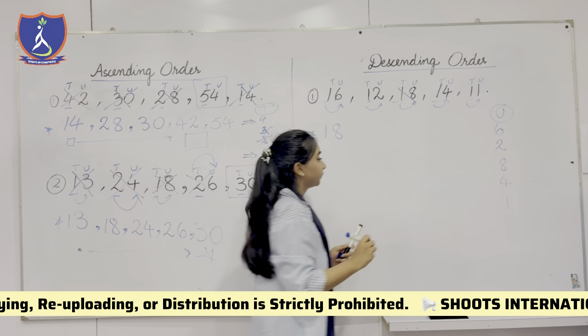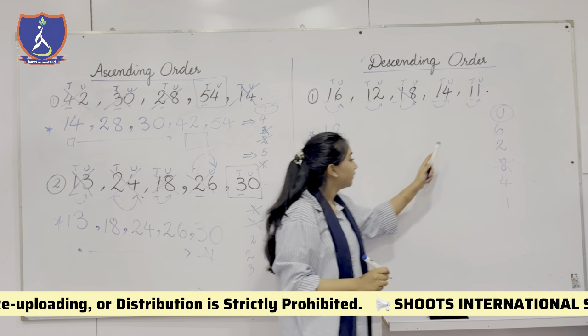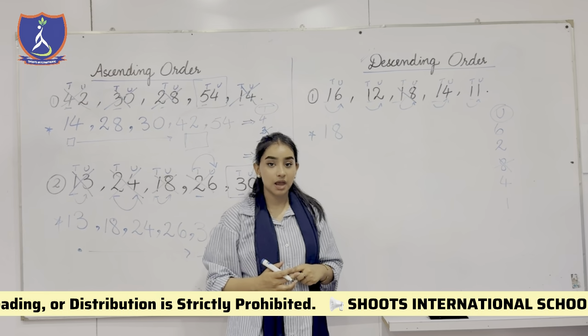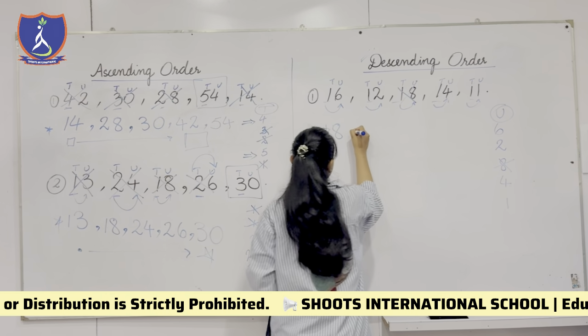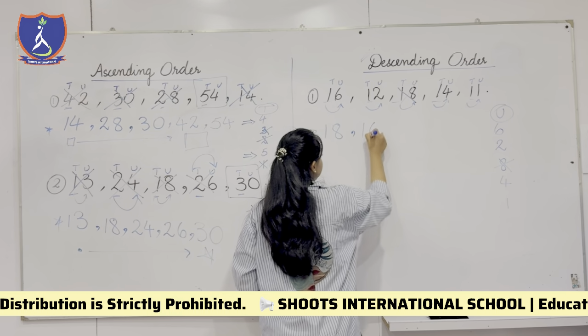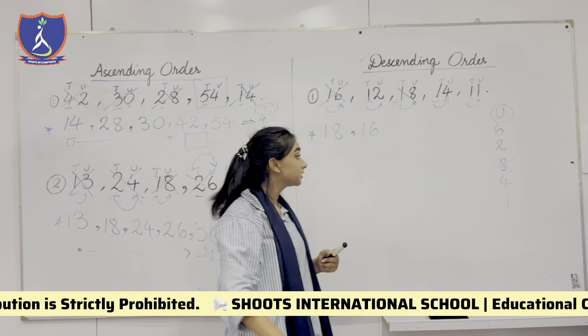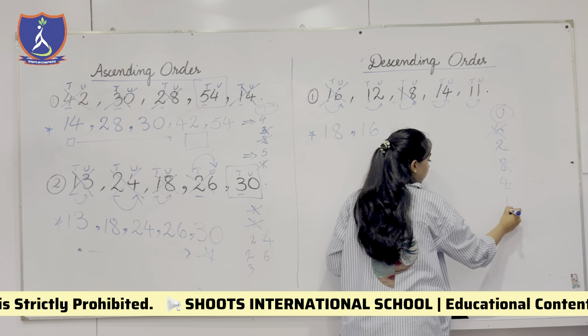It would be out of the game after this. Now we are going to cut it. It is out of the game. Now we are left with 6, 2, 4, 1. What do you think is the greater number this time? The greater number is 6. Excellent. So we are going to write 16 and this would be out of the game. Correct? Now we are left with 2, 4 and 1.